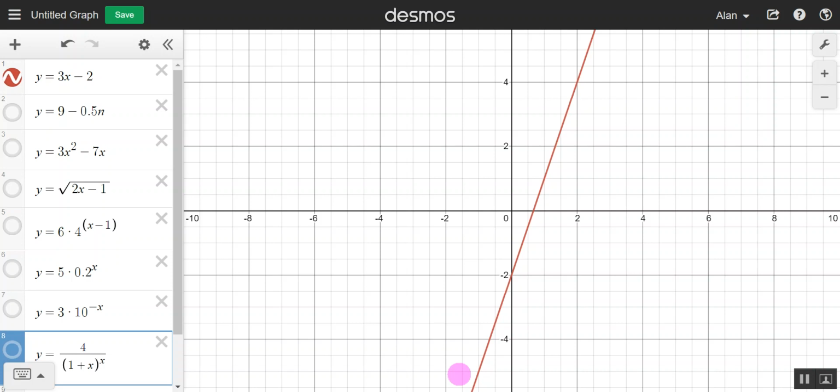Right, guys, so this is the first one. 3x minus 2, or 3n minus 2, right? You recognize that, or hopefully you do, as a linear function. So this is actually a common problem people have: understanding what it means when it says what happens to the function as n, or x in my case, gets infinitely large. And the problem is because it's a line and you want to focus on the line.